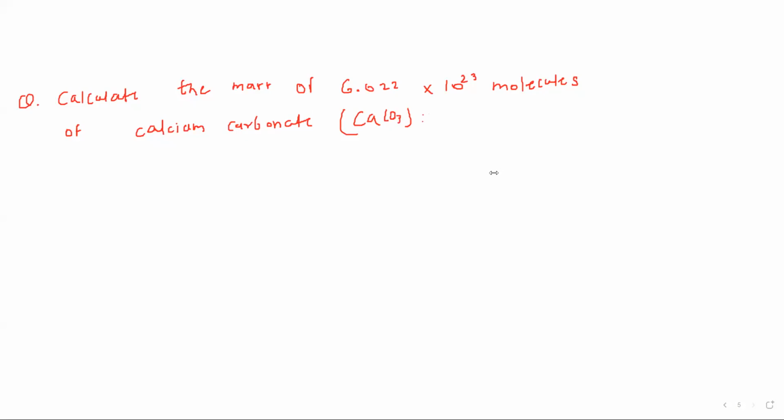Ajay, can you tell me? I want to find how many grams of calcium carbonate there are. We will find the molar mass and divide by the number of molecules. Okay, so ultimately you find what? Molar mass. Okay, then what is the next step? Once you find the molar mass, what do you do?